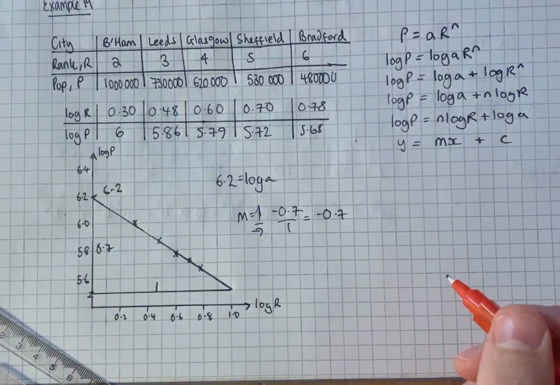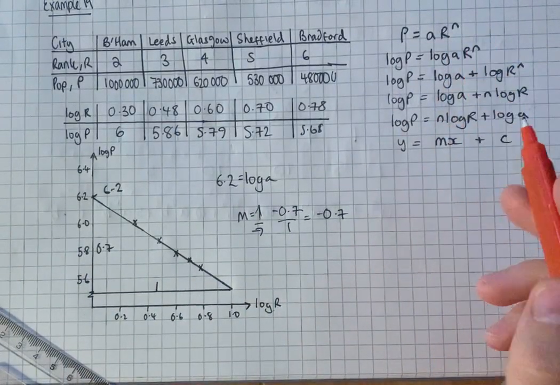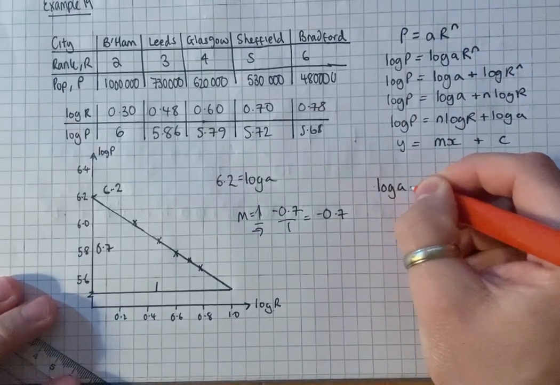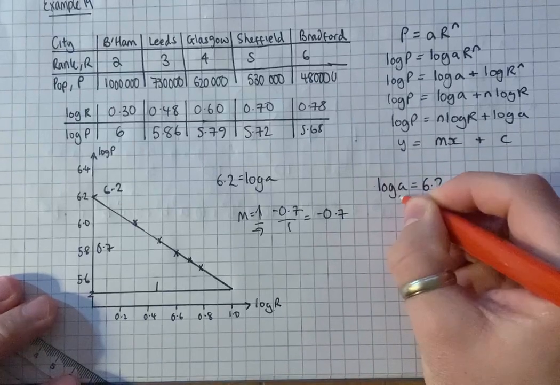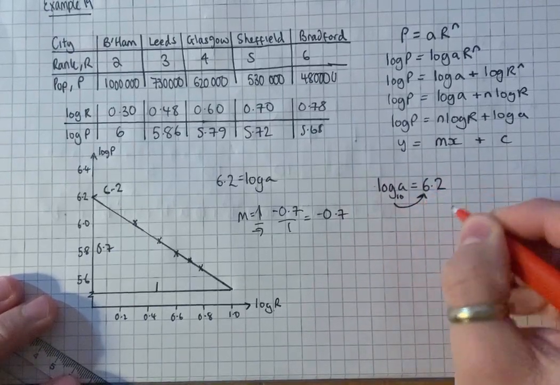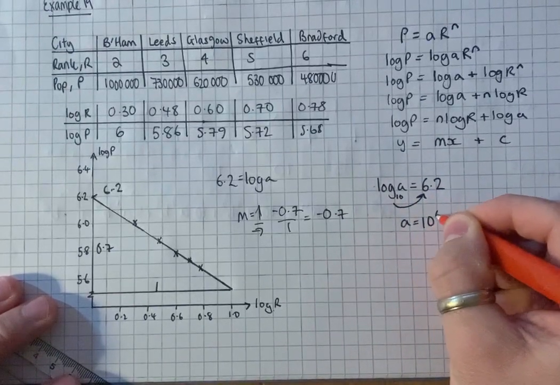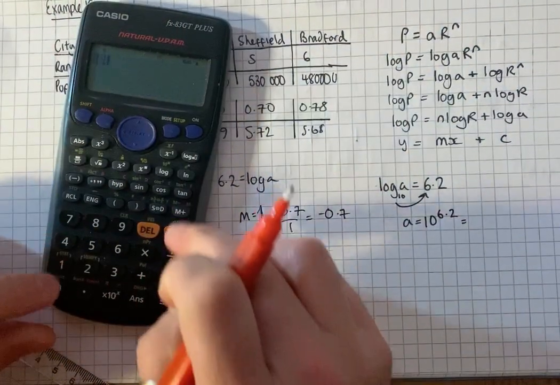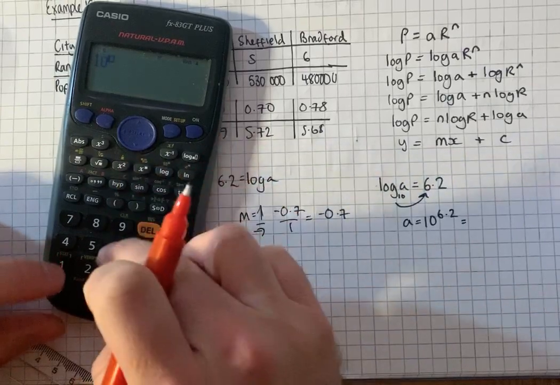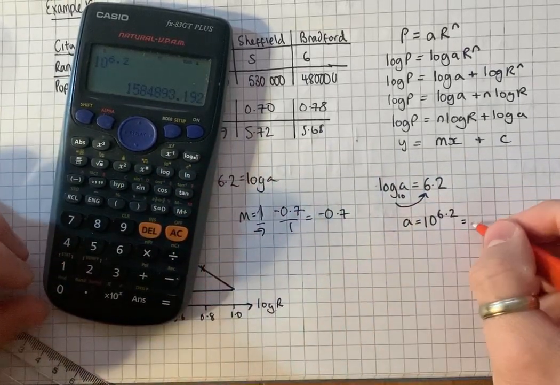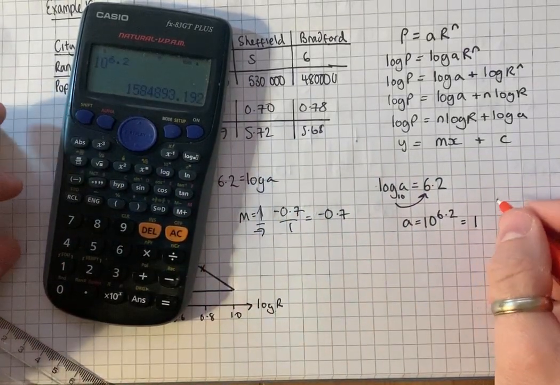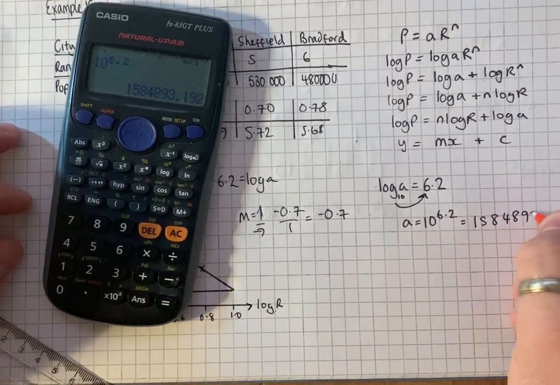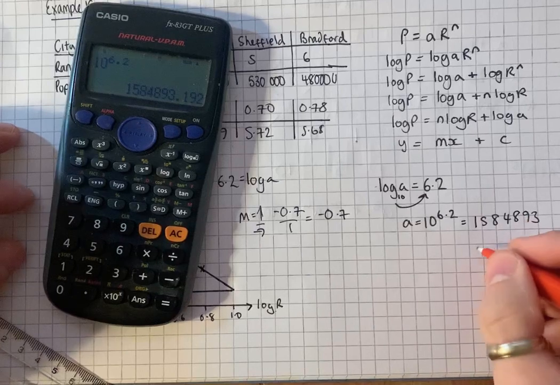So in the original model, because we were asked to find A and n, log A is 6.2, but remember this is log to the base 10, which becomes 10 to the power of 6.2 on the other side. So 10 to the power of 6.2 is 1,584,893, or to 2 sig figs